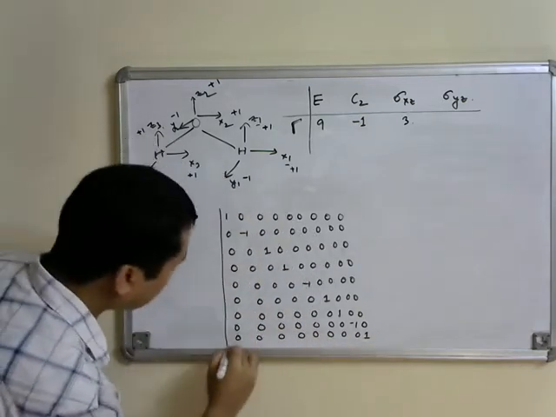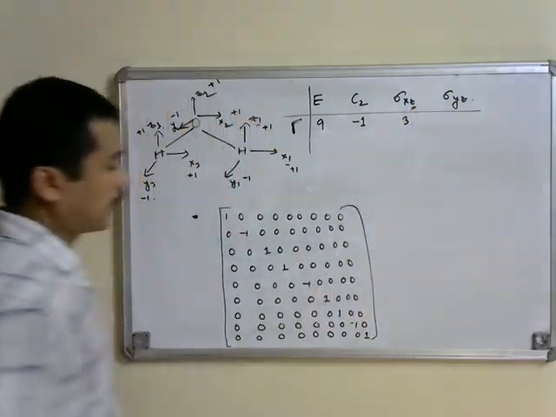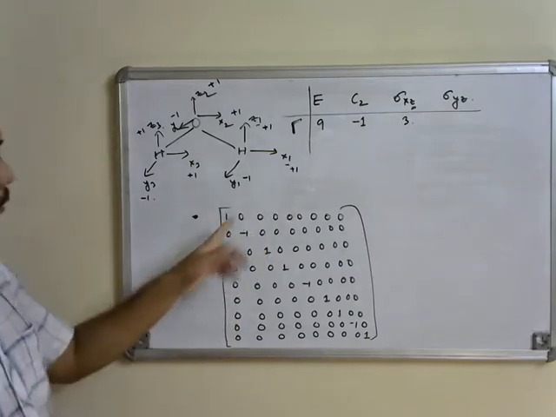So this is a matrix representation for sigma xz, and you can see that x1 contributed plus 1,